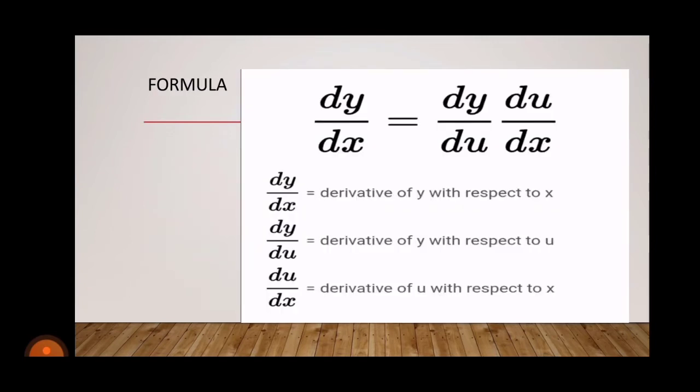So here's the formula. dy/dx is equal to dy/du times du/dx. dy/dx is equal to the derivative of y with respect to x, and dy/du is equal to the derivative of y with respect to u, and du/dx is equal to the derivative of u with respect to